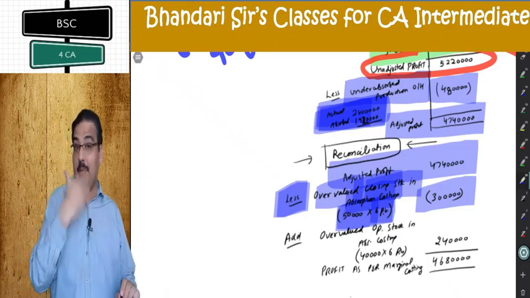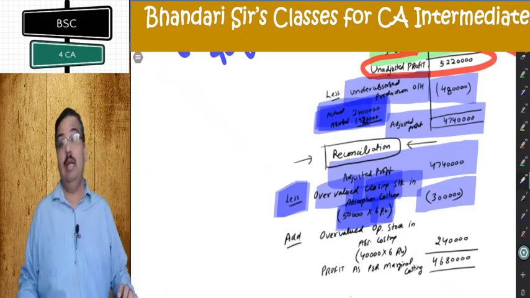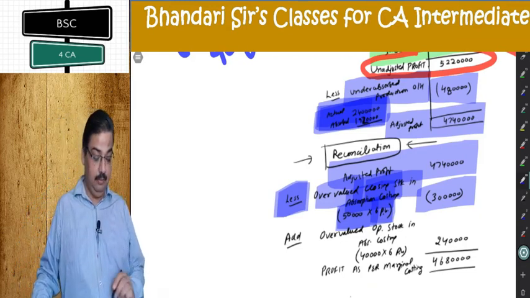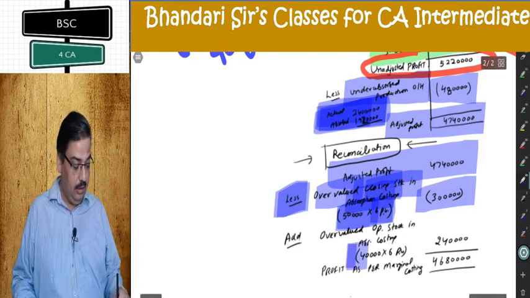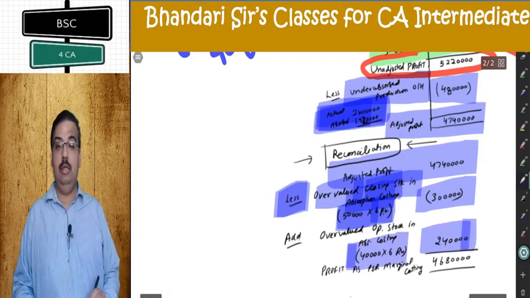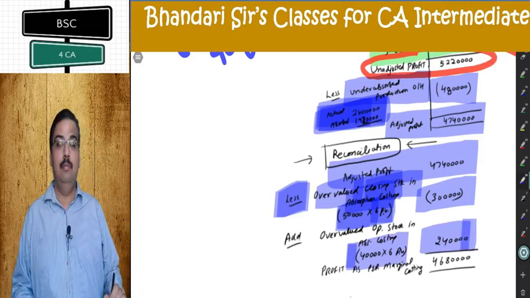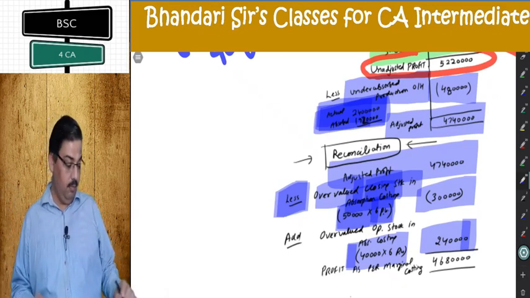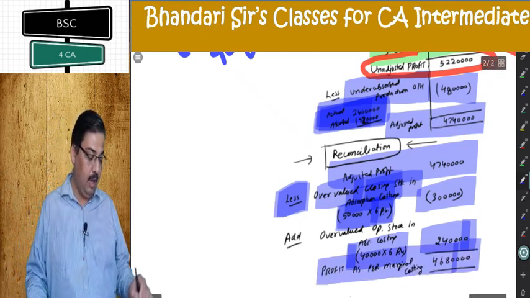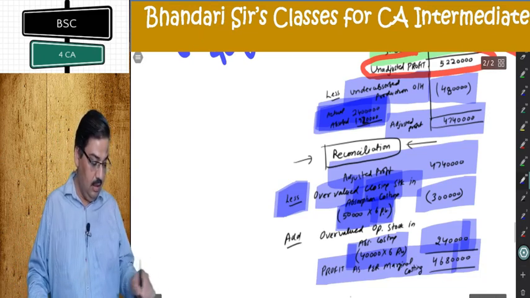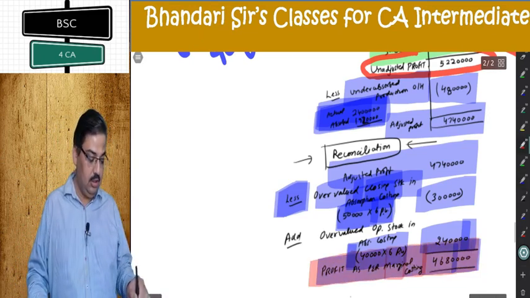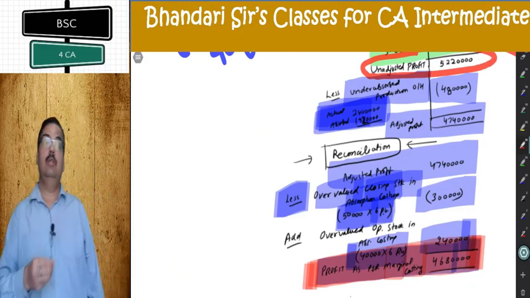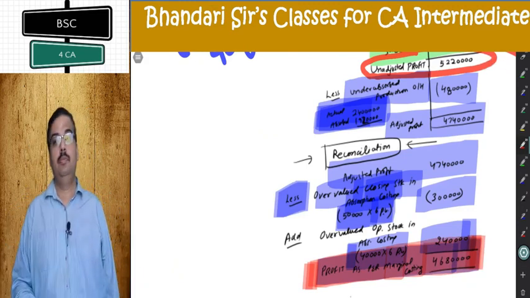Closing stock is an income item on the credit side of the income statement. So I have to reduce that income which was overvalued, 3 lakh. Opening stock 40,000 into 6, 2,40,000. This is added, because opening stock is an expenditure side item. From there I am getting profit as per marginal costing, which is the ultimate reconciliation needed in the question. 46,80,000 is what I am able to reach.